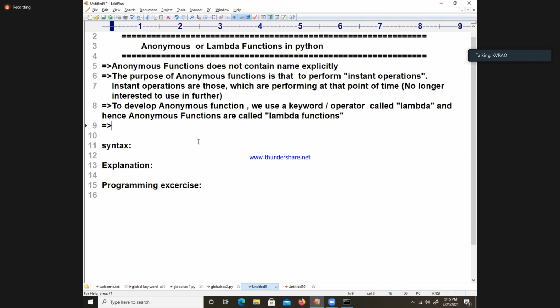One more point I am writing. Anonymous functions return the result automatically.